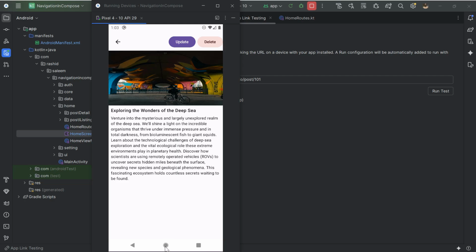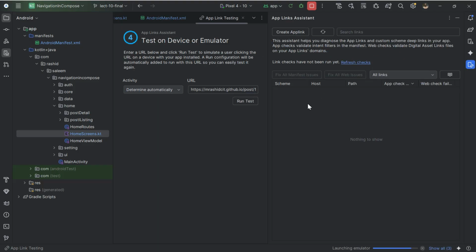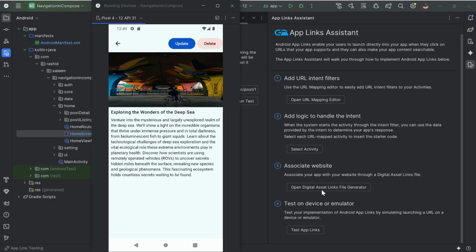So another change in the Android ecosystem is that from Android 12 and above, the Android system verifies that the website which we have added, that we should be the owner of this website. For that purpose, there is some verification process required. So to complete that verification process, we go back again to app links, and in here we go to create app links and click on open